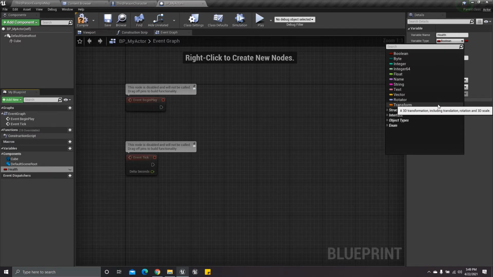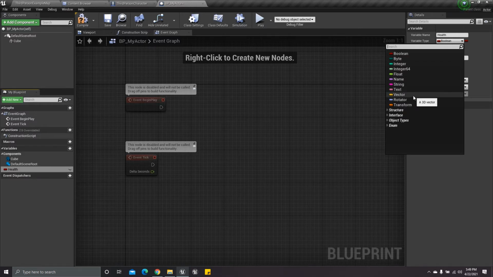Every type represents a different data type. By default we have this boolean one. Boolean holds only two values, whether it's true or false. So it's either yes or no kind of thing. Then we have byte, integer, float, name, string, text, transform, rotator, vector, and so on.